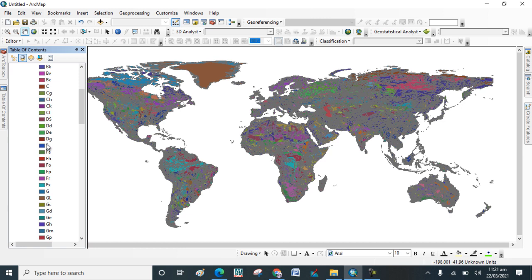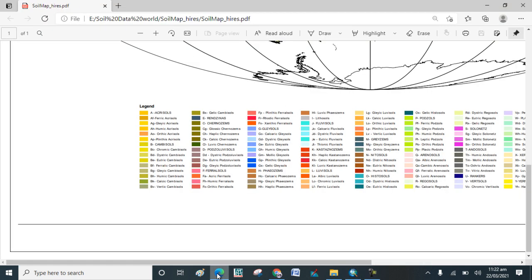These are the abbreviations or legends of the soil type data. Let's suppose I want to know what O represents: you can go to the PDF file and search for O here.